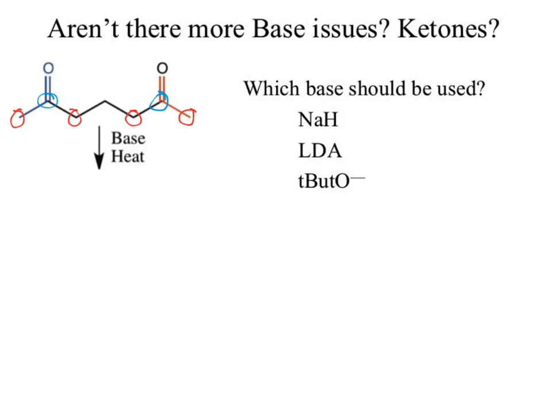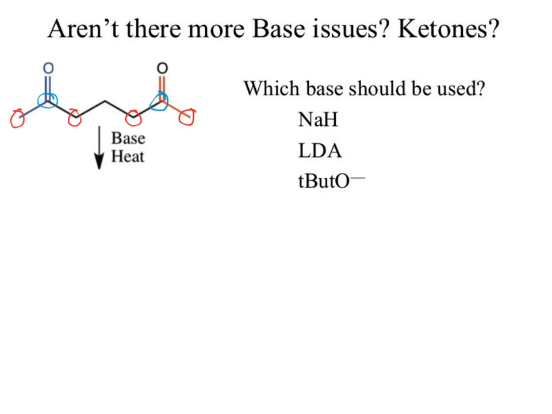Why not use sodium hydride or LDA? We didn't call them wrecking balls. What did we call them? Stupidly strong. We want to use the strongest reagent that gets the job done without being excessively strong. Because if it's too strong, what could potentially happen? Explosions. We could do a bunch of other stuff. T-butoxide will do exactly what it needs to. It needs to remove a hydrogen, and that's all I need to worry about. That's all I'm going to stick with.